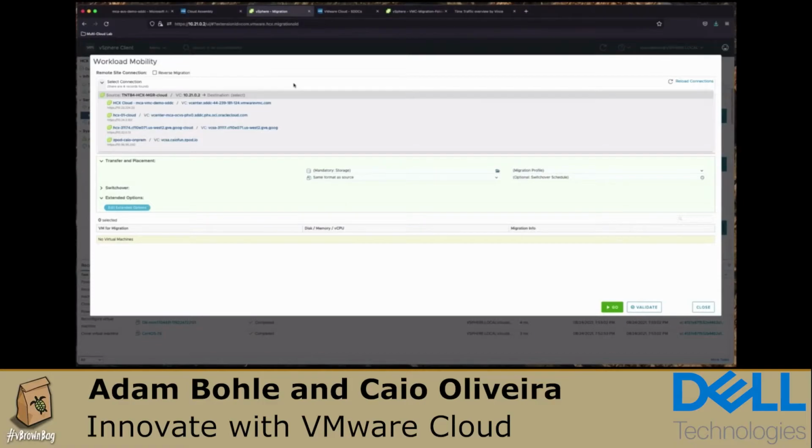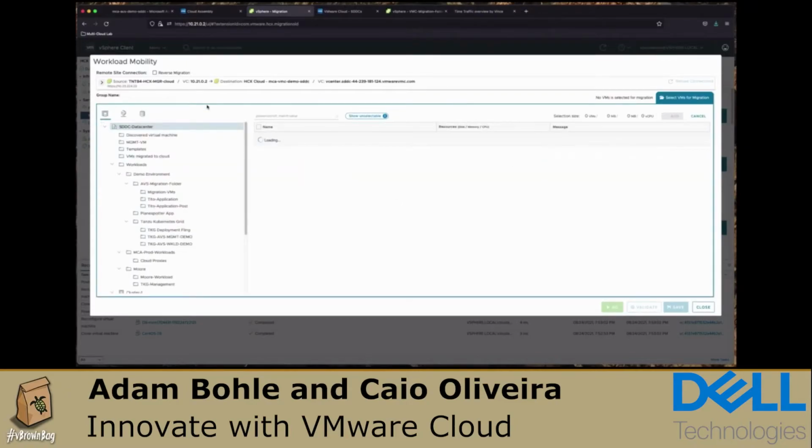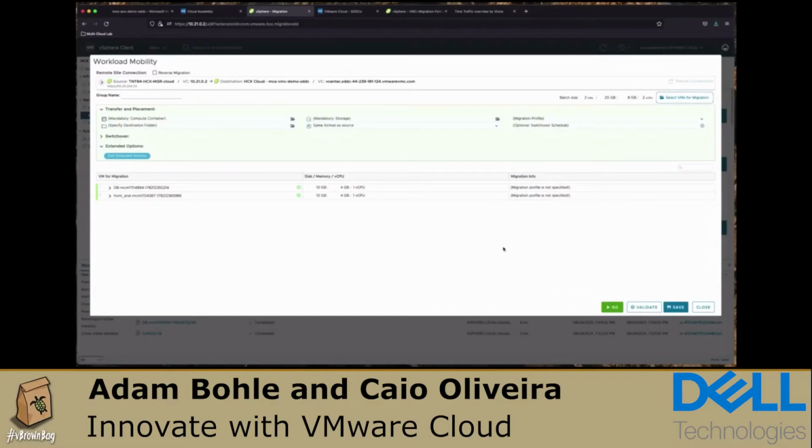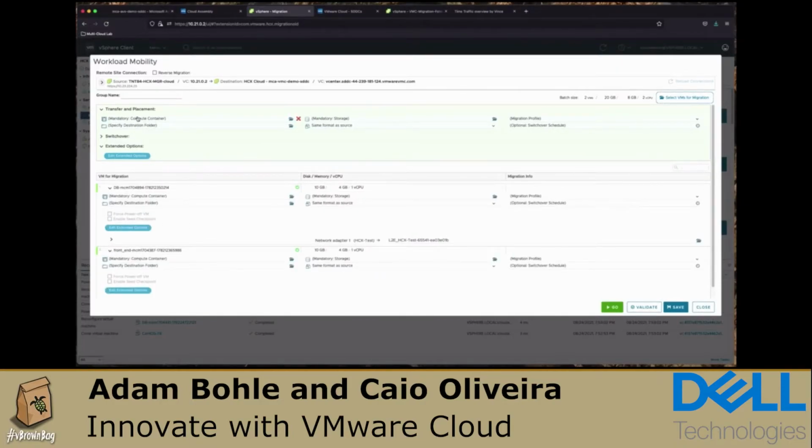I've got my source, which is in this case Azure VMware Solution. I select my target SDDC that I want to migrate to. This is VMware Cloud on AWS. And then in this portal, I can see my source inventory of my catalog within Azure VMware Solution. Within that Tito application folder, I can select the components of my application, those two virtual machines, and I can specify some details that I need to provide for HCX to be able to land this workload at